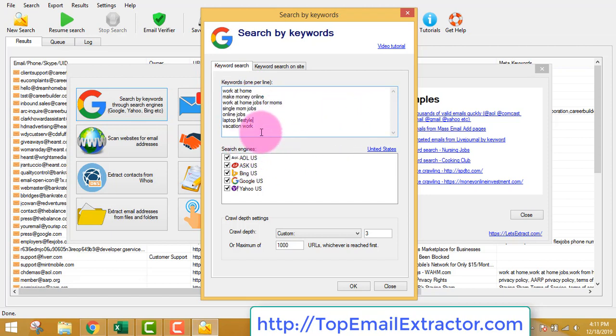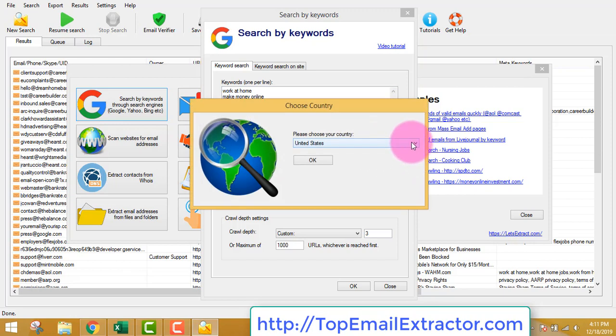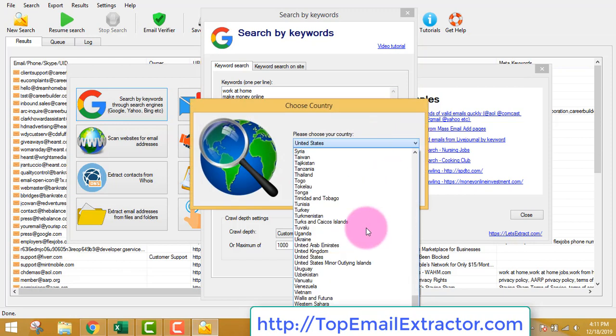pretty much okay. So what this software does is it will extract email addresses of people who are interested in these keywords, that is work at home, make money online, work at home jobs for moms, single mom jobs, etc. Okay, so all these people will be interested in making money online. We will be extracting email addresses of only those people who will be interested in making money online, and you